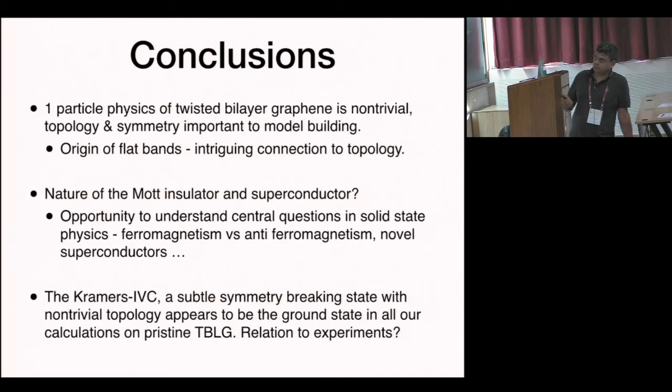Let me just conclude this part, and maybe I'll spend 1 or 2 minutes on the surface topological order at the very end. Just to conclude all of this discussion on twisted bilayer graphene, what I wanted to point out is that these low energy nearly flat bands have some very interesting topology and geometry, which we think is very important to understanding the nature of the interacting physics. And a key question, of course, is to understand what is the nature of these insulating phases, the superconductor,